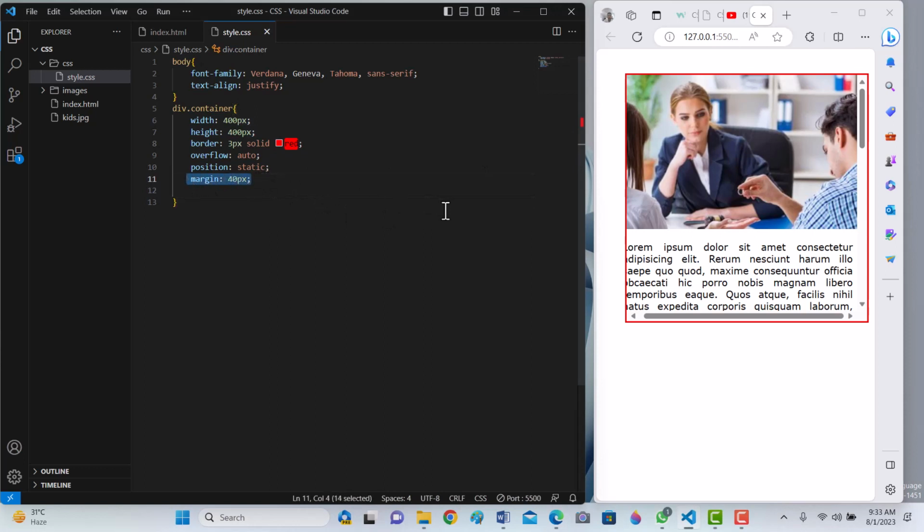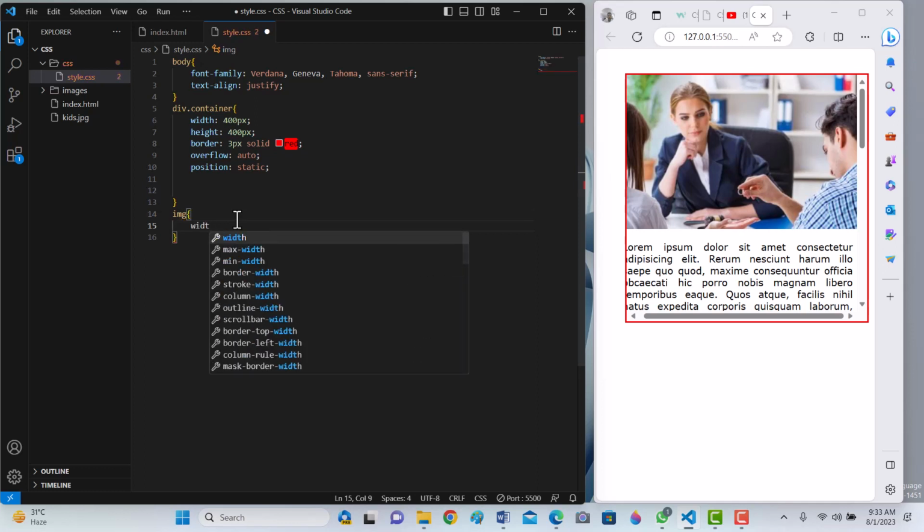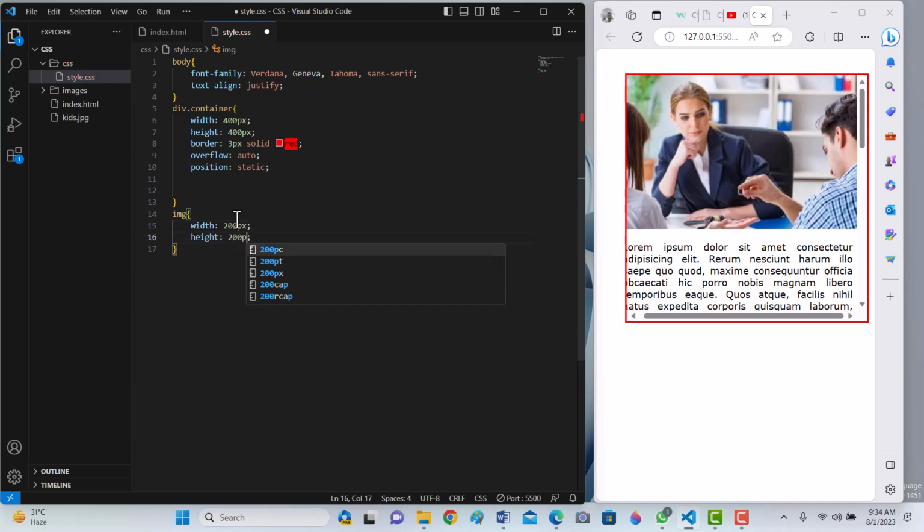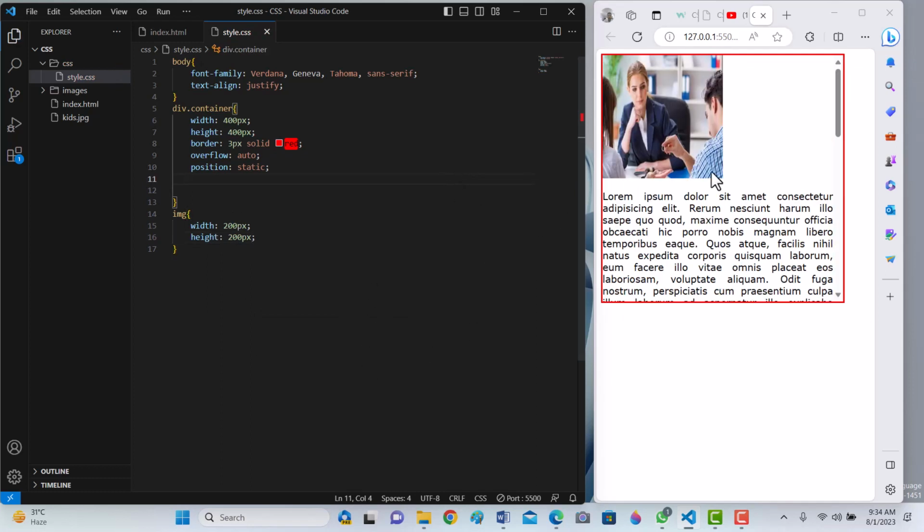But if we use the image with width 200 pixel, height 200 pixel, let's see, inside the box the image width and height is contained in a 200 pixel by 200 pixel box. So if you use now position relative,